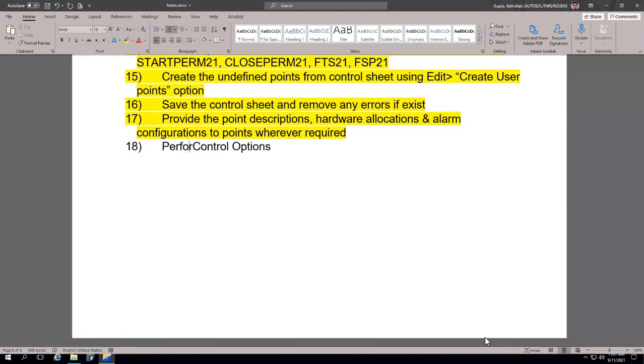By control options I mean you need to compile your control sheet. You need to export your control sheet. You need to publish your control sheet. And you guys need to delete your control sheet and re-import your control sheet.